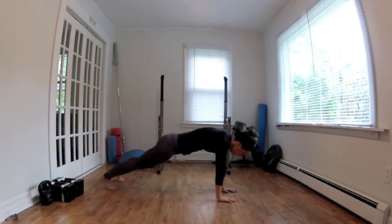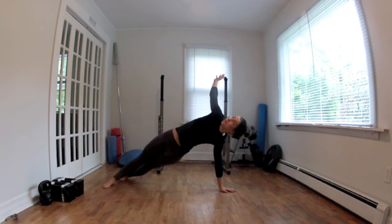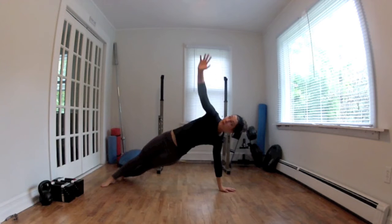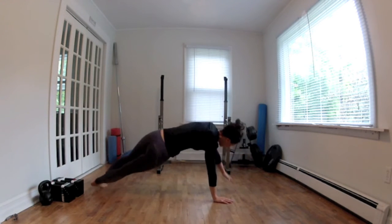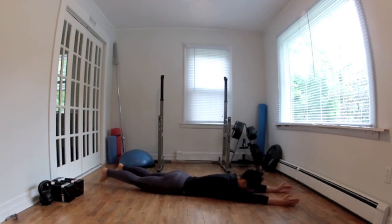And then bring yourself to an open side plank, rotating side to side, really working those obliques, keeping that core super strong. Notice how I'm not letting anything sort of sag down. Everything's nice and straight. And then you're going to finish here with a swimmer, so laying flat on your tummy,